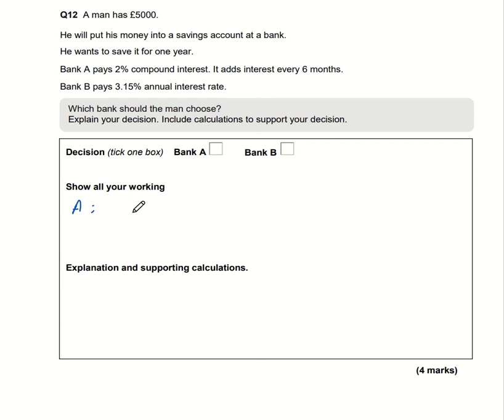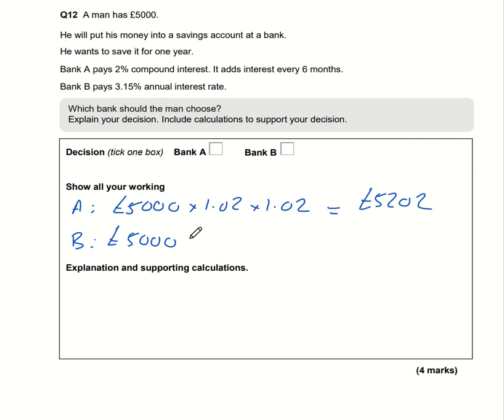So Bank A is going to be £5,000. This amount is going to be increased by 2%. Now the multiplier for a 2% increase is 1.02, and that's going to happen twice. We can type in times 1.02 squared, and that comes to 5,202. Bank B is only adding the interest annually, so that's going to be 5,000, and the multiplier is